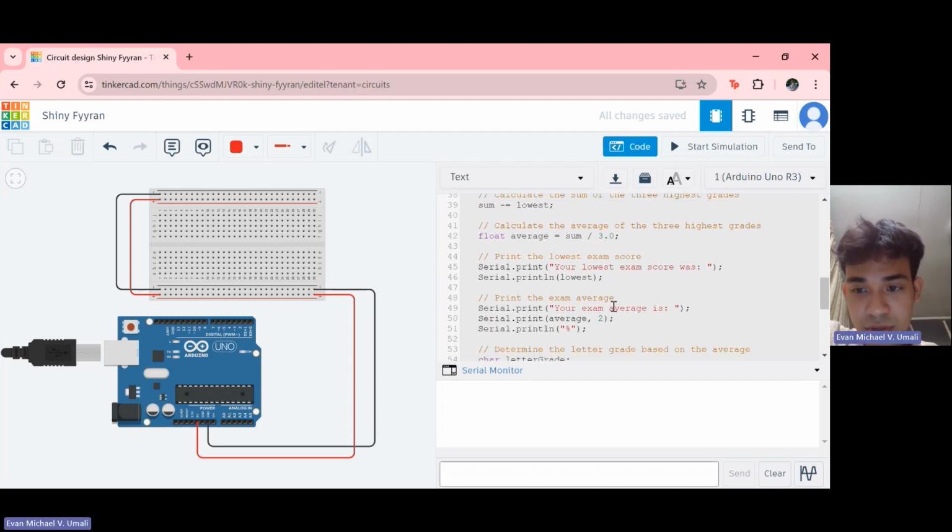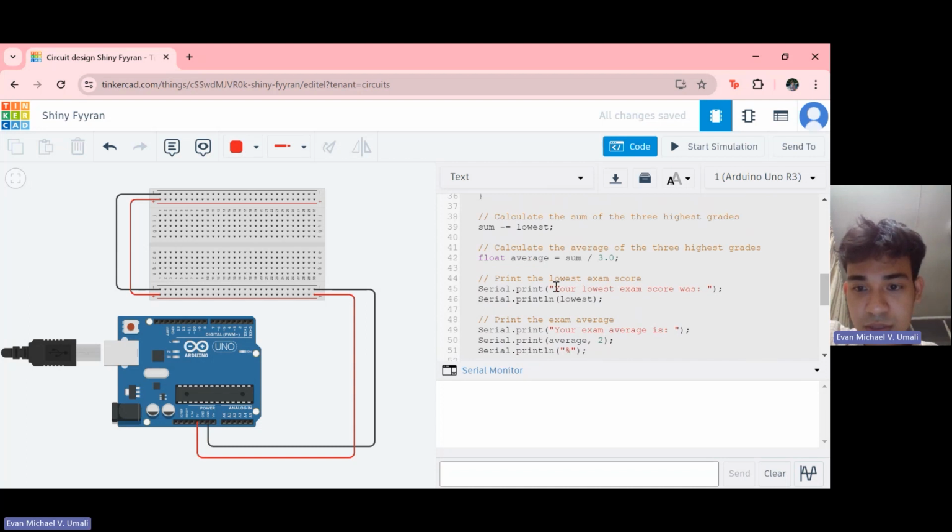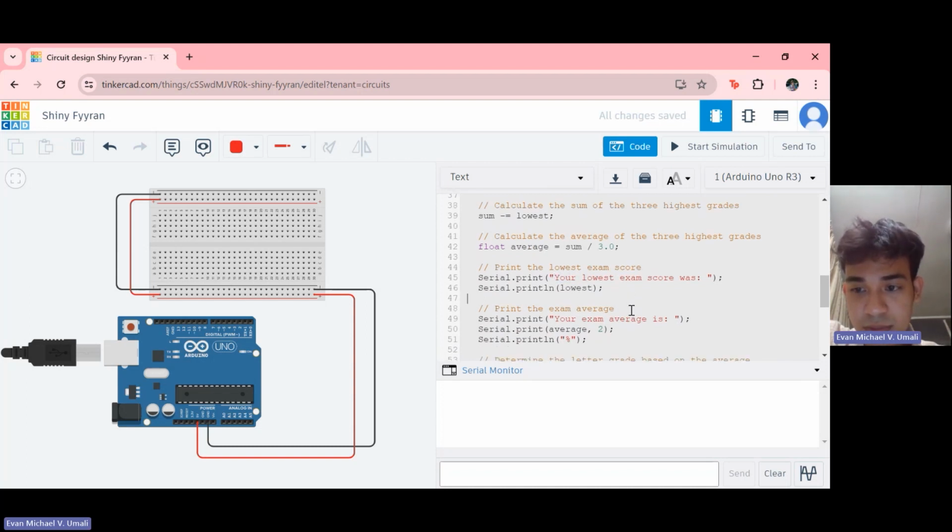And in this part, it prints the lowest exam score.